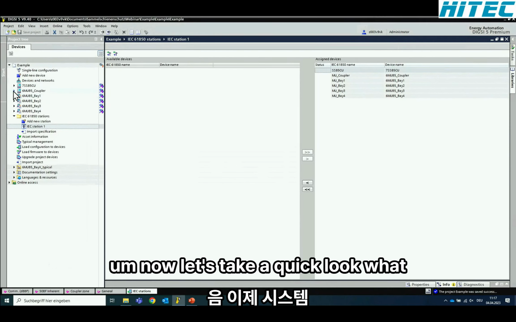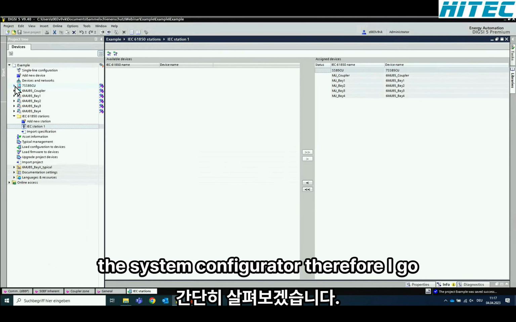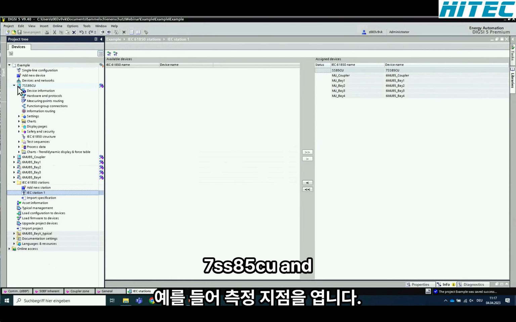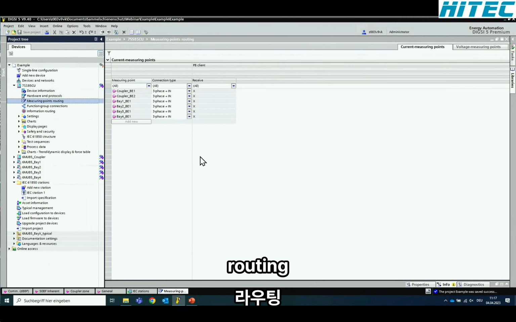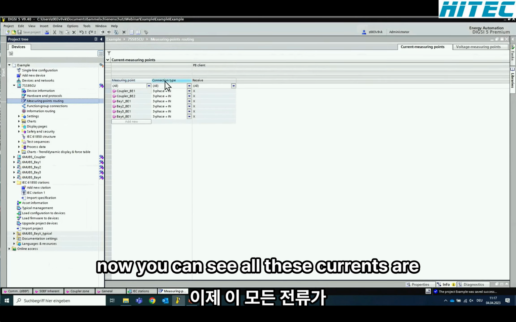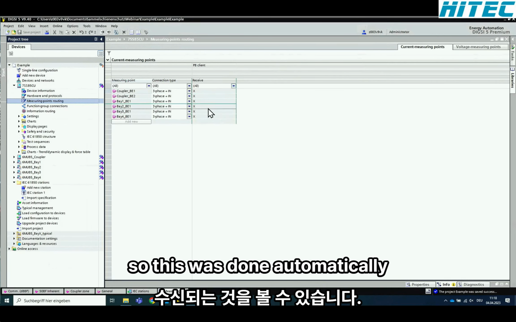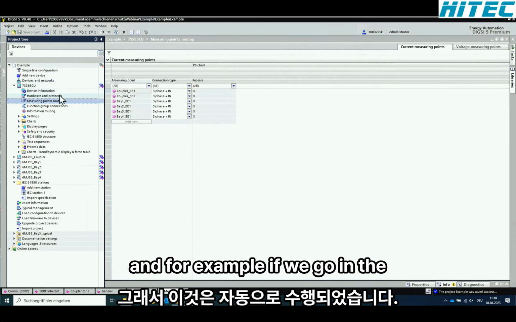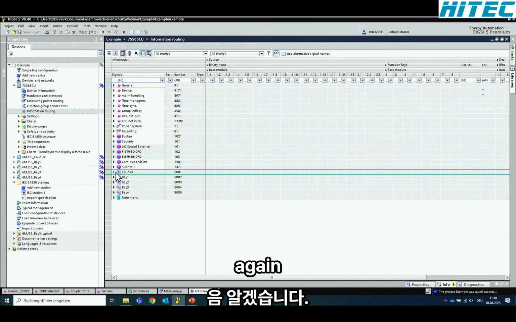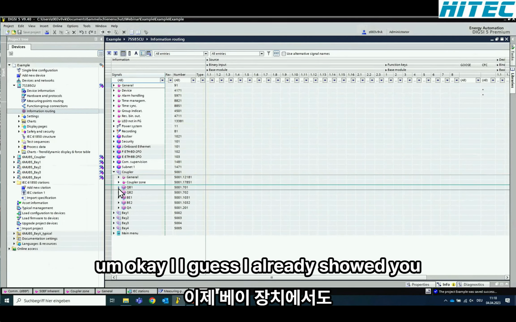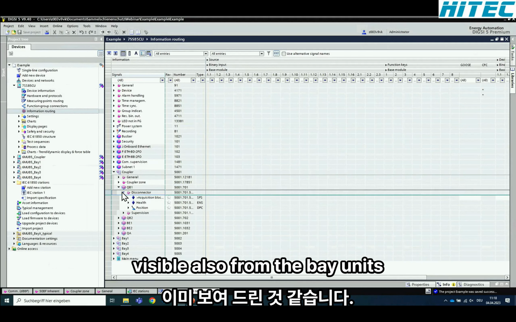Now let's take a quick look at what happened when importing all the settings from the system configurator. And therefore I go to the 7SS85CU and open, for example, the measuring point routing. Now you can see all these currents are received via process bus. So this was done automatically. And for example, if we go in the information routing, again, okay, I guess I already showed you that,